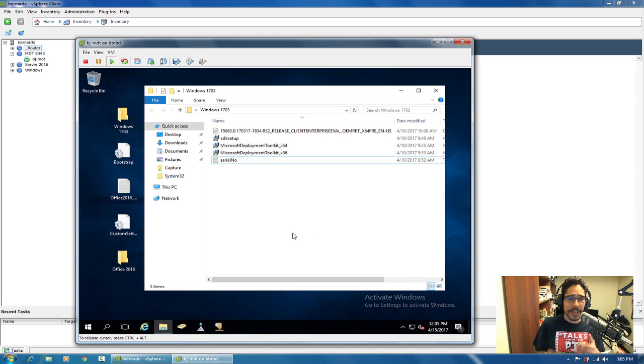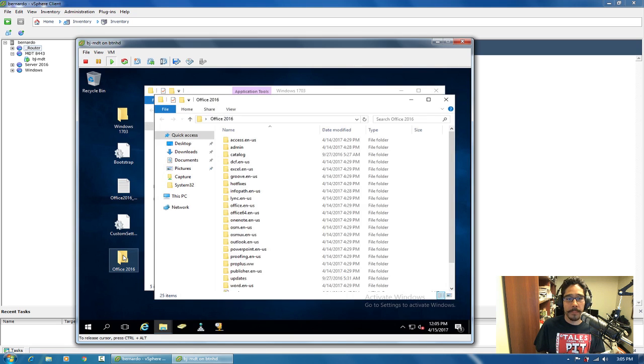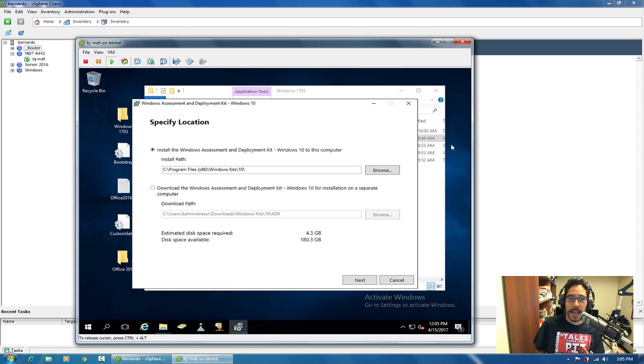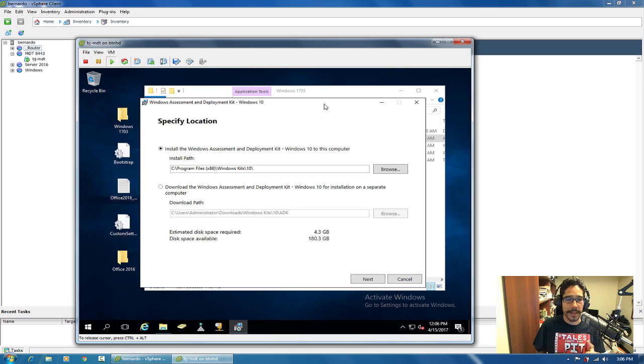So the first thing that you need to do to get started with MDT is install the ADK stuff. So I'm going to double click on this guy right here. Plus, I'm also going to import Office 2016 and configure it as well. Now, when you double click the ADK setup file, you're going to get this nice little window, and it's basically